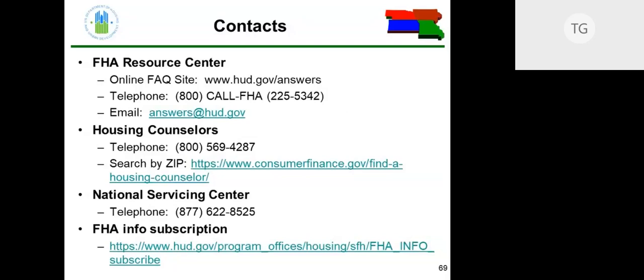Questions may also be emailed to answers@hud.gov. Email messages will be responded to within 48 hours. Most of them are responded to within 24, however. HUD-approved housing counselors provide advice on buying a home, renting, defaults, foreclosures, and credit issues. They can be searched by zip code at this link here, and the number to HUD's interactive voice system is